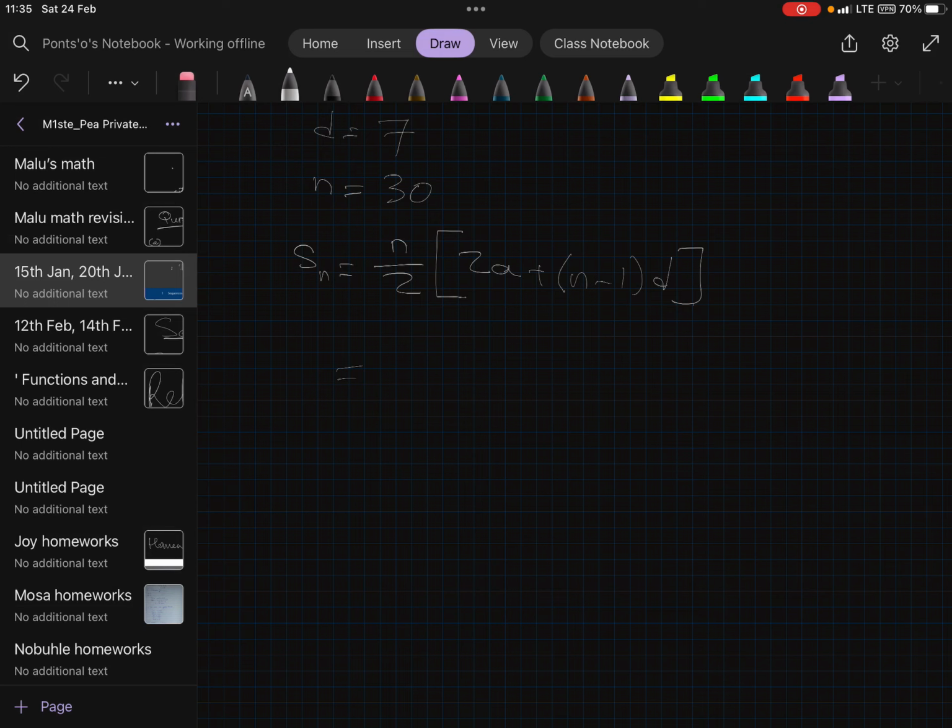What's the value for n? 30. Then we're going to divide that by 2. What's a? 2. Great. And then n is 30. What's our common difference? 7. And then we just do the calculator maths. So in your calculator, what's 30 minus 1? 29. Times 7